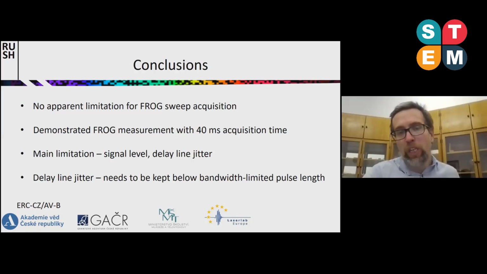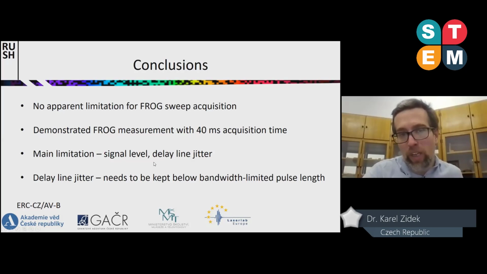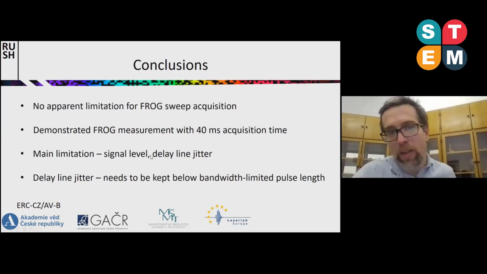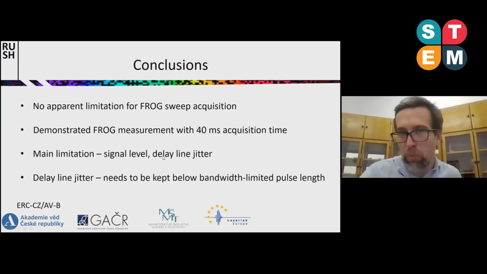We observed that the main limitation in our case was the delay line jitter, so basically how precisely the delay line can control the position of the ideal track, and the signal level.